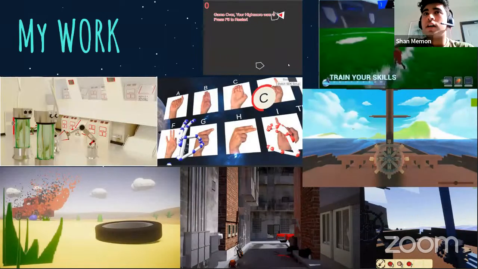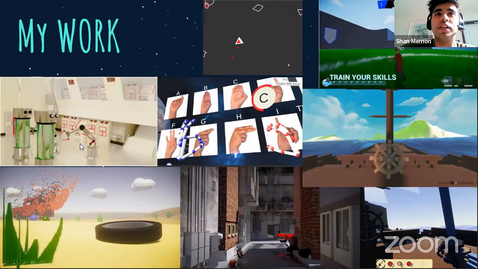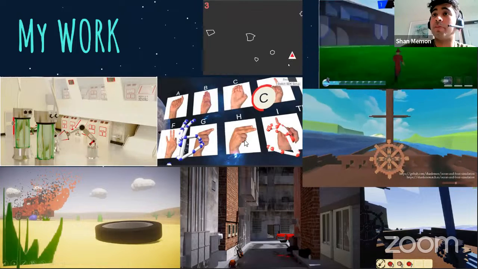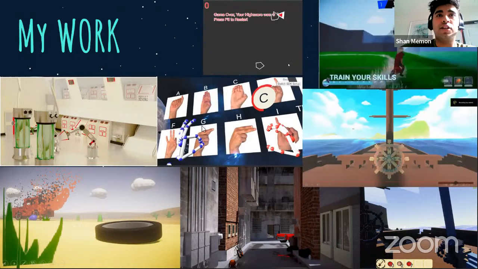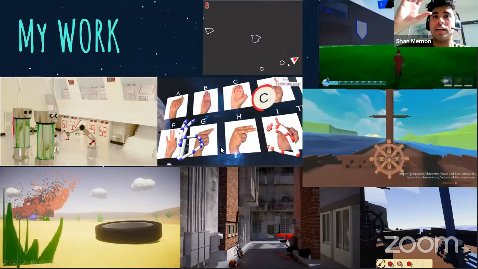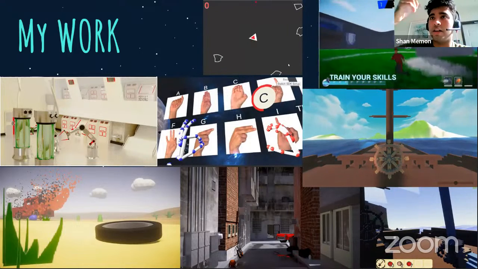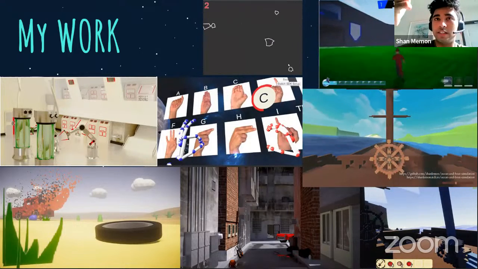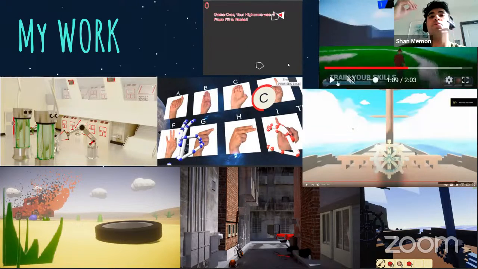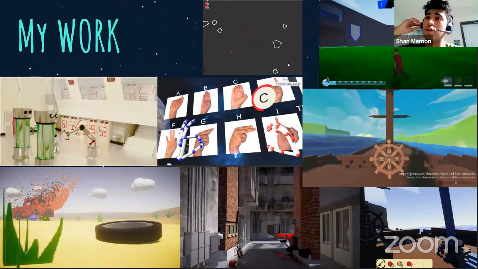So as far as stuff I've done, this is a big collage of my work. We can see I've done some 3D modeling. There's some renders here. We have some VR game development, which was quite exciting. This one had hand tracking involved, and it was a project for a hackathon. I used a hand tracking device on a VR headset to track your hands, and we used that data to predict which American Sign Language sign you were making with your hand.